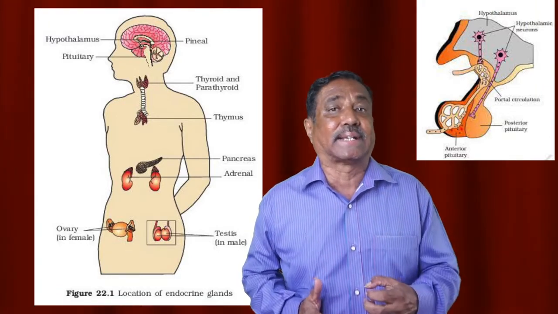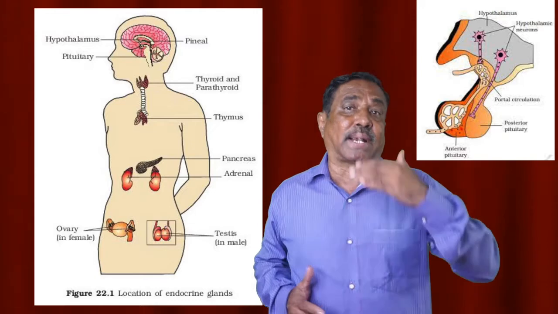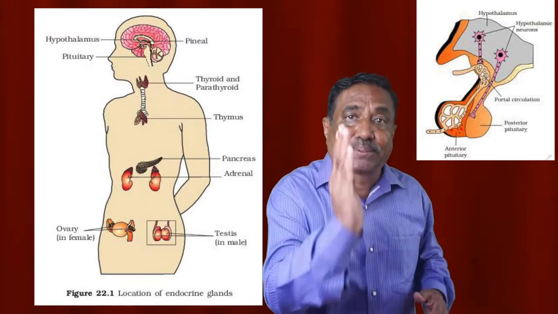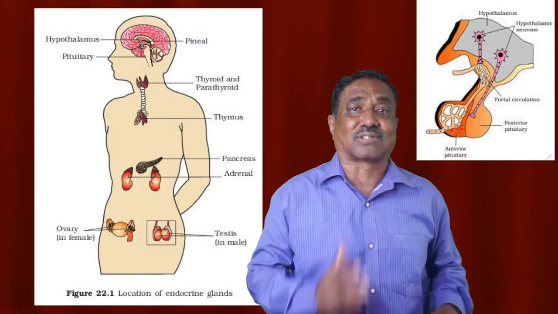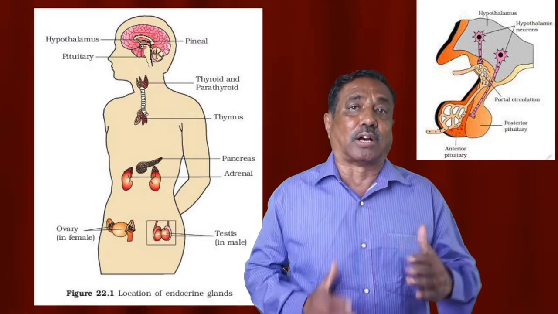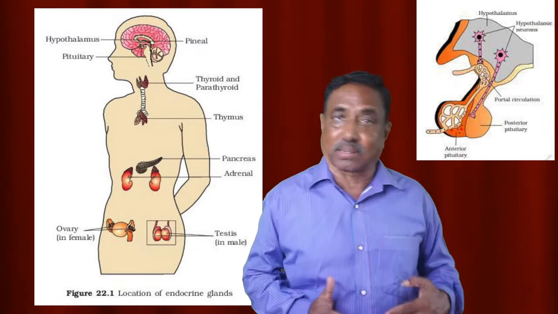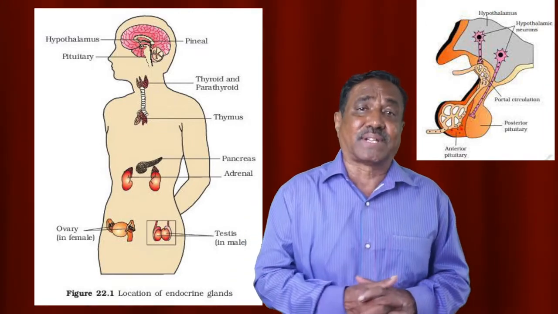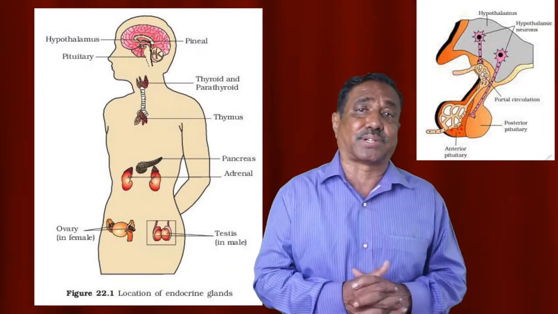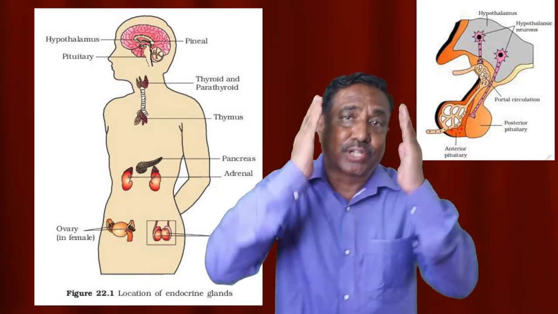They stimulate the anterior lobe of the pituitary gland to release gonadotropic hormones like FSH and LH, follicle stimulating hormone and luteinizing hormone. And one more hormone secreted in the hypothalamus region is somatostatin, which inhibits